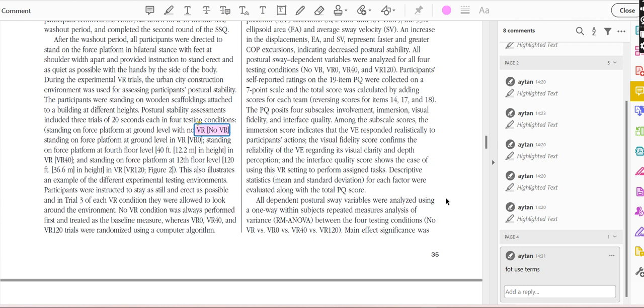All dependent postural sway variables were analyzed using a one-way within subjects repeated measures analysis of variance between the 4 testing conditions. Main effect significance was